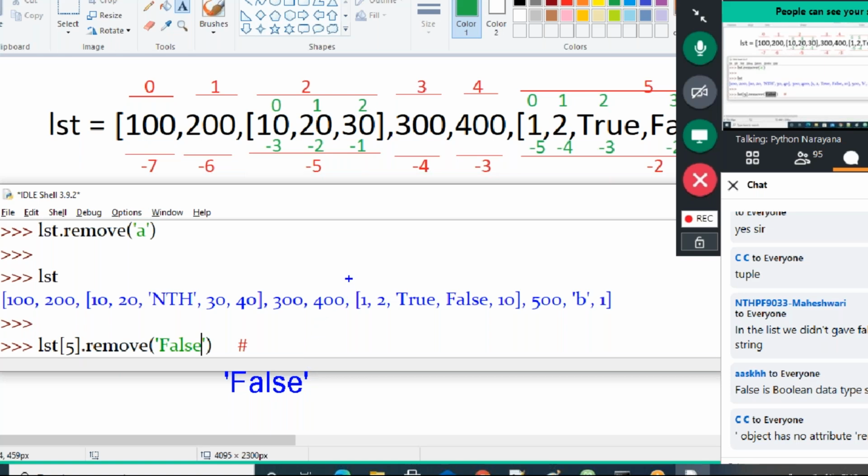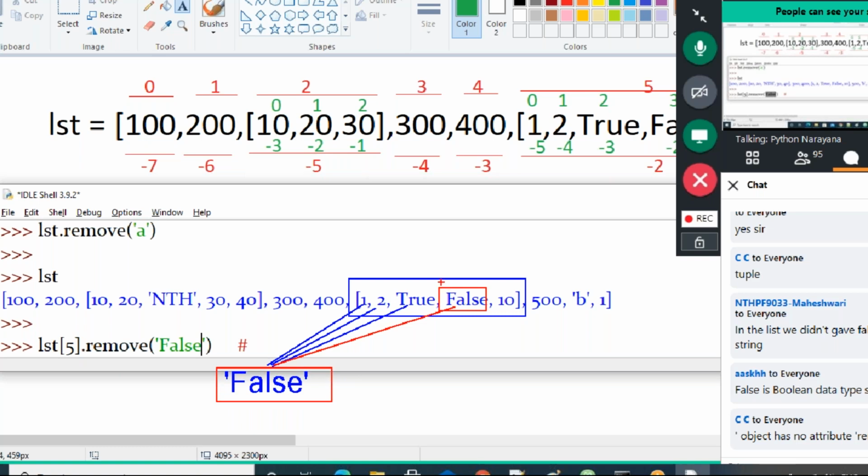Now go to this one. Check it now. False string, one integer, not matching. False string, two integer, not matching. False string, true bool value, not matching. False string and a false bool value, both are not matching. Even though both are false, here quotes are there, here quotes are not there.